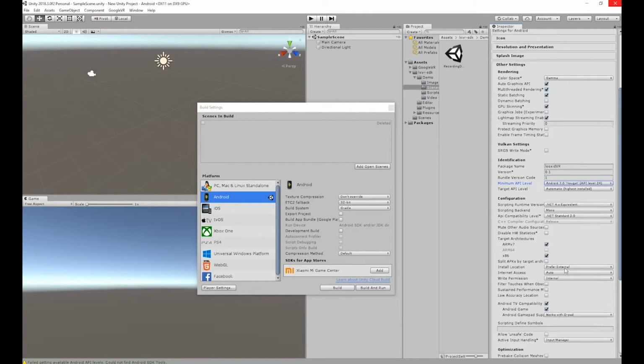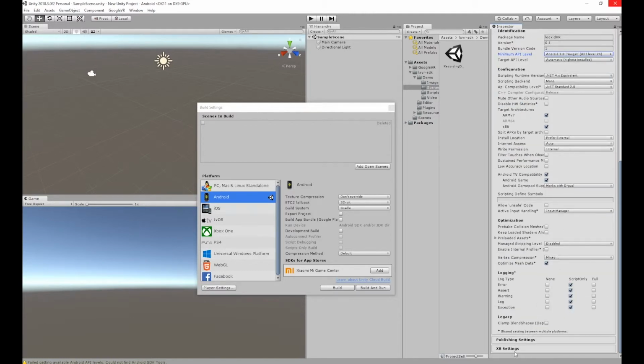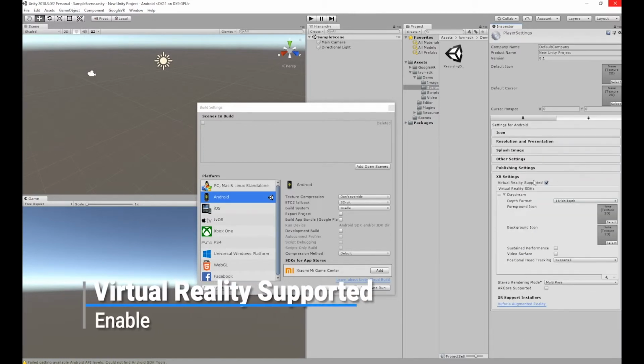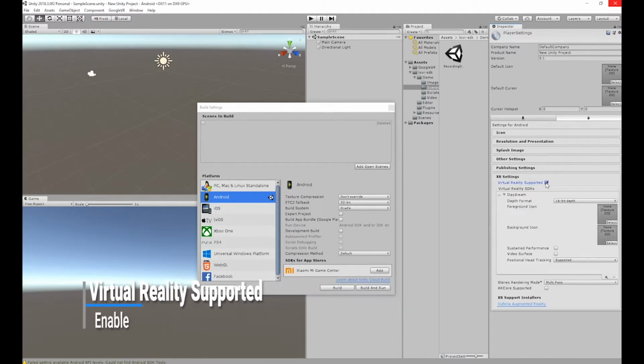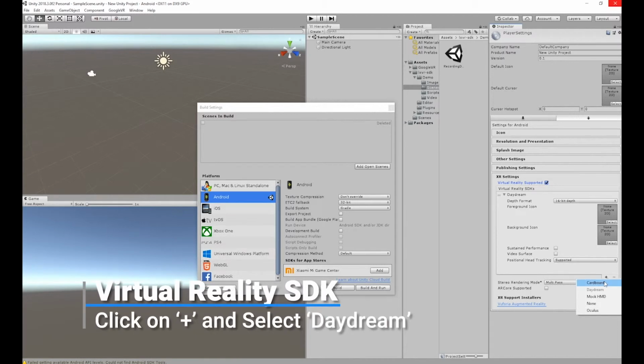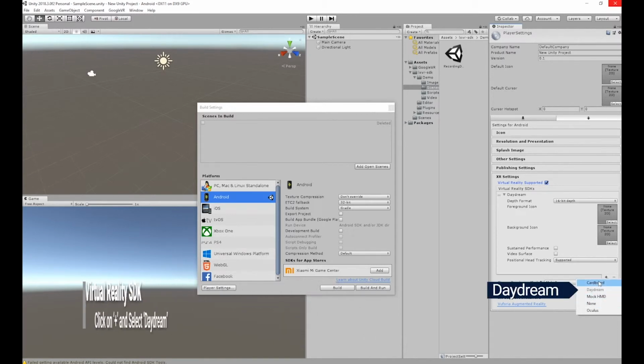Further down, you will find the Extra Settings section, in which you should enable the virtual reality supported option and click on the plus sign to open the available options. Once you select the Daydream on the virtual reality SDKs, you will have completed the initial configuration of the